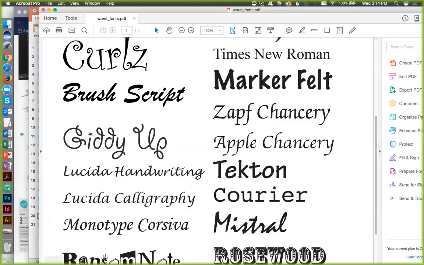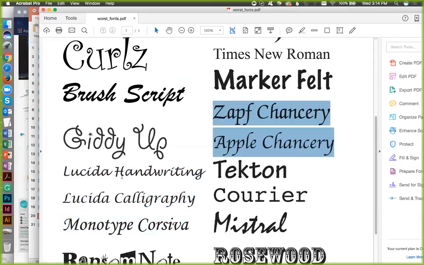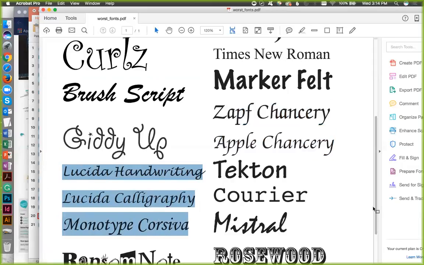Same thing with Apple Chancery, Lucida Handwriting, Lucida Calligraphy, Monotype Corsiva, Zapf Chancery, all these typefaces right here. I don't even know why they're there, to be honest with you. Apple Chancery is a font that was used for a long time in wedding invitations and things like that. And it just says it's unprofessional, you know, it's been used so many times.